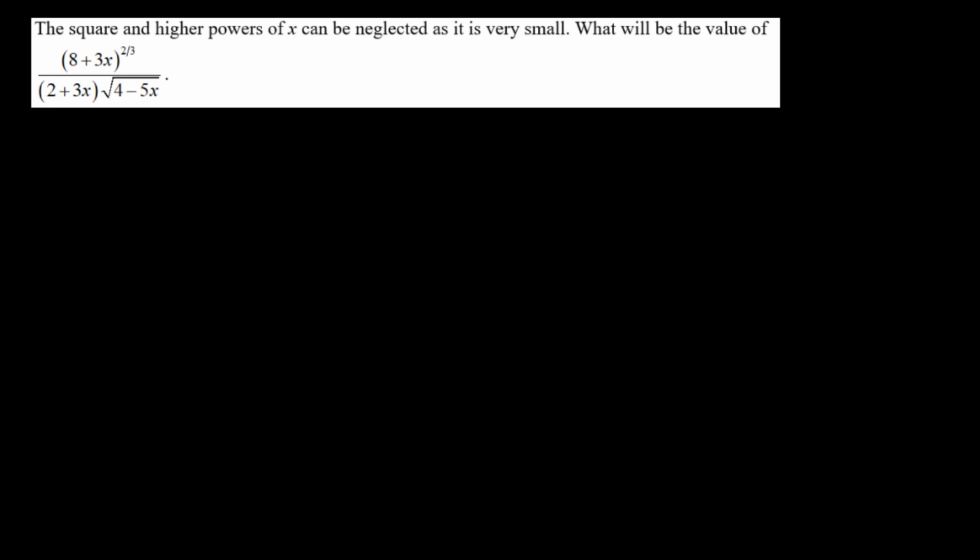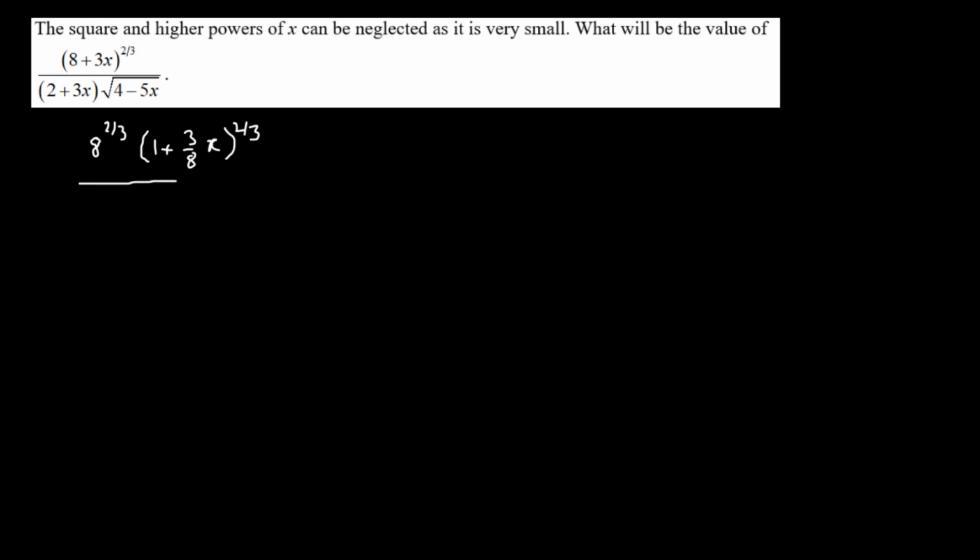So we're given an expression, and we have to find the value of this expression while we neglect the square and the higher powers of x. So we factor out 8, so that gives us 8 raised to the power of 2/3 times (1 plus 3 over 8 x) whole raised to the power of 2/3